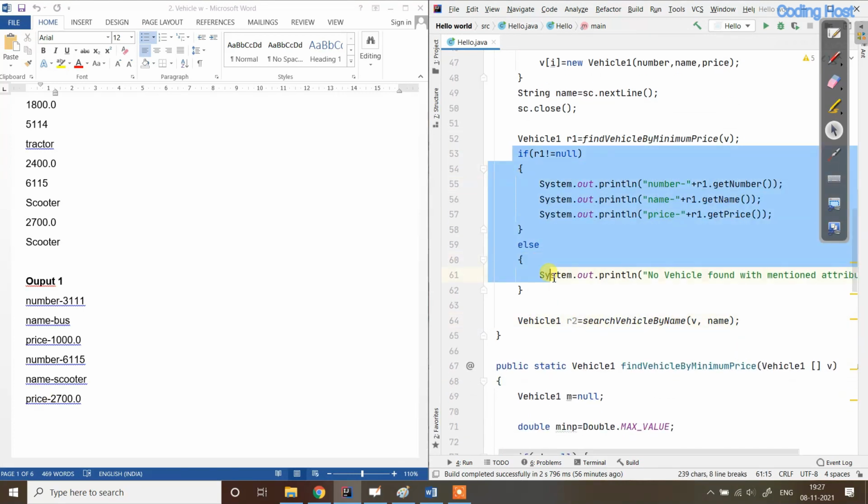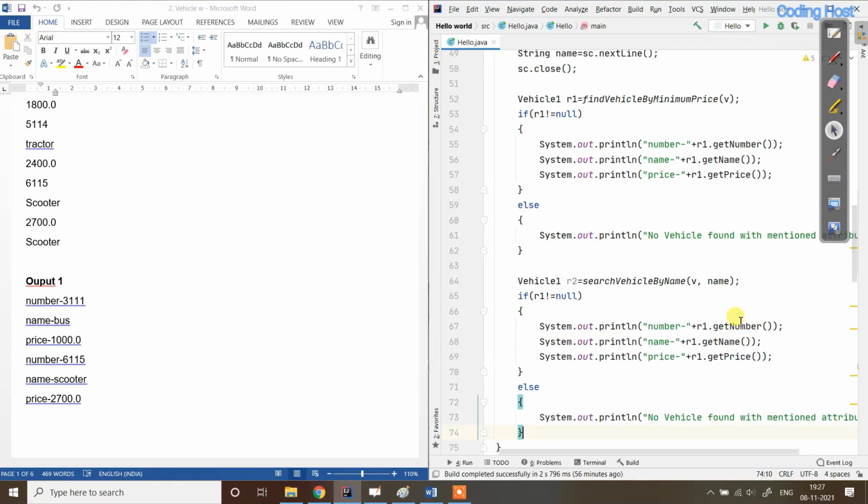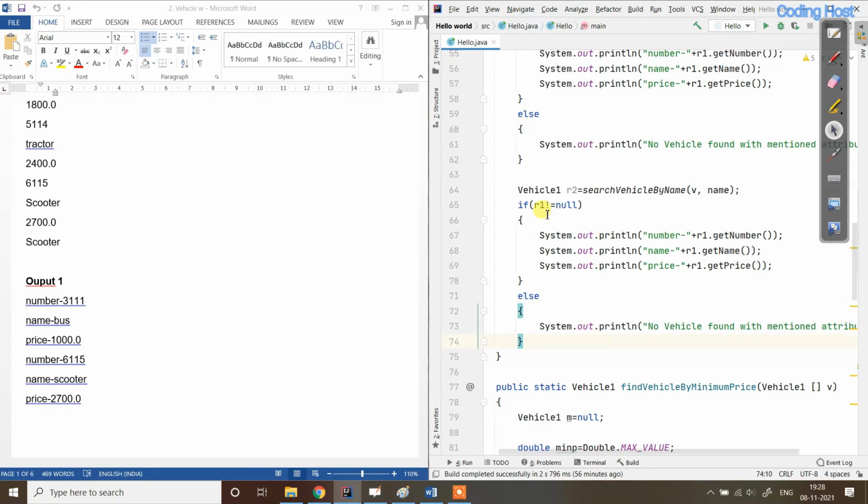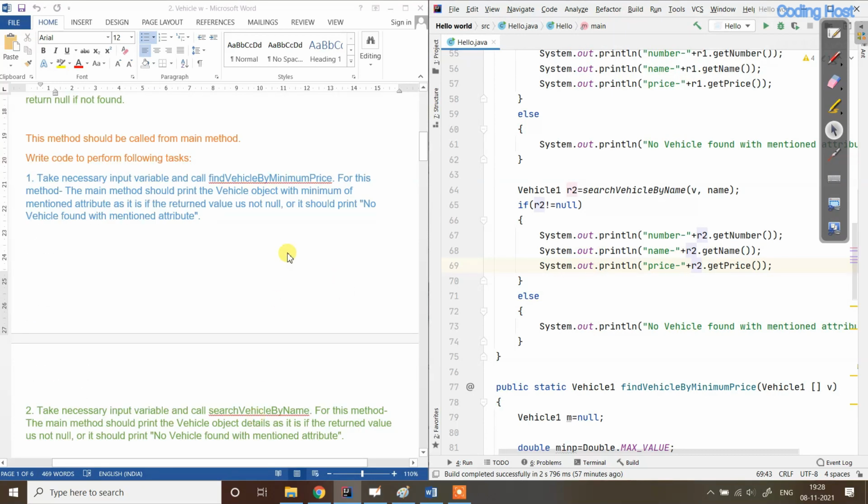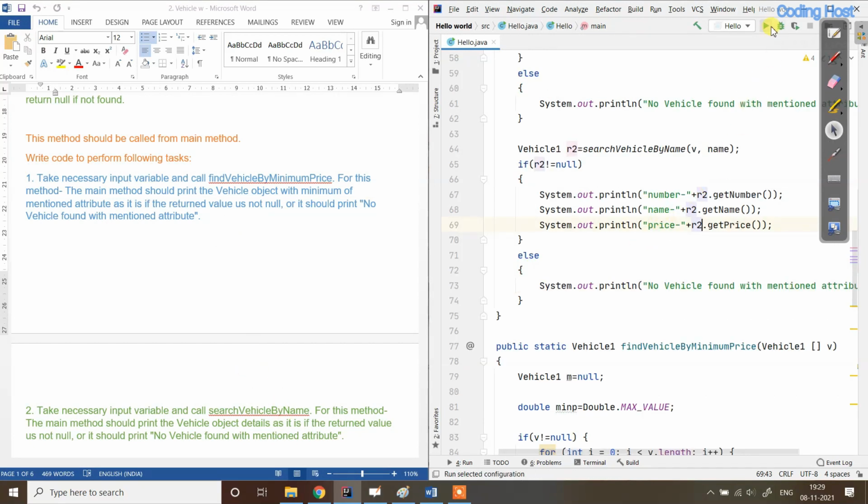So I will copy this if else statement as it is, and I will paste it here, and I will change the name from r1 to r2. So r2, r2 and r2. Before writing the code for output, check if you have to print the same thing for both the static methods or not. So now let's run this program.